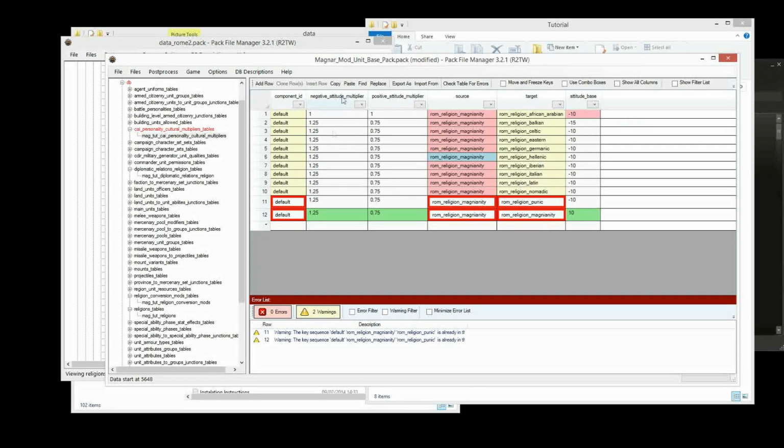Like I said, I'm not going in changing all these multipliers and diplomatic base relations or any of the other stats. I'm just doing the basic religions. Now there's different personalities that the AI can have. So this is the default one. I think there's only the default one as it is. If you want to create more, you can, and you can create different combinations. So you can have like a fanatic personality where